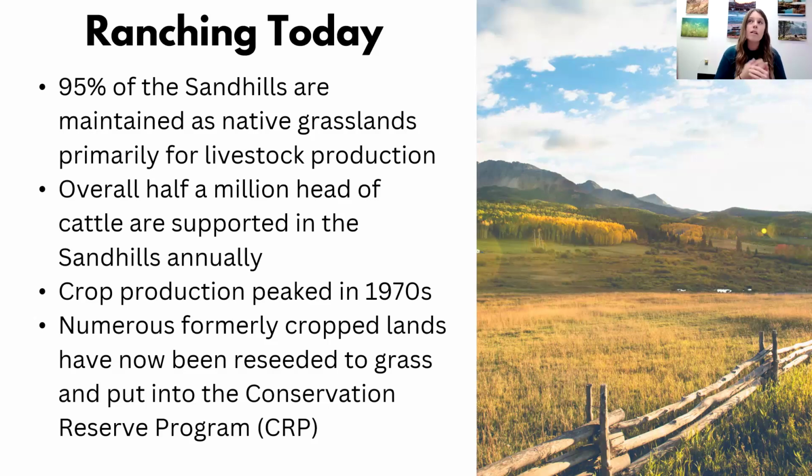But also one of the things that started happening in the 70s is people said, let's start crop production in the Sandhills. So this was not a great idea. One of the people actually called it the low point in Sandhills history. It just isn't a place where agricultural crops thrive. It's more of a cattle ranching area. So this was kind of a low point in the Sandhills. It was a misguided and very unsuccessful attempt to farm large portions of the Sandhills. It did not work very well.